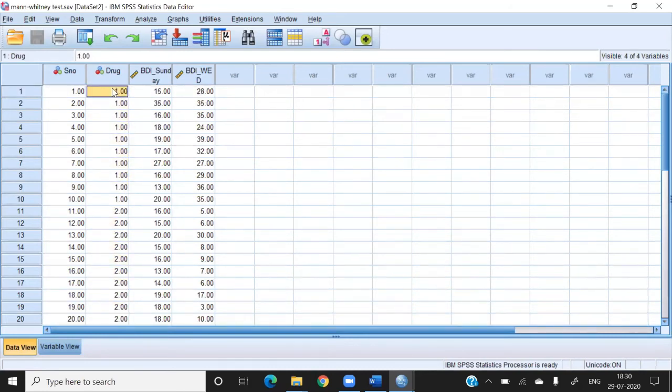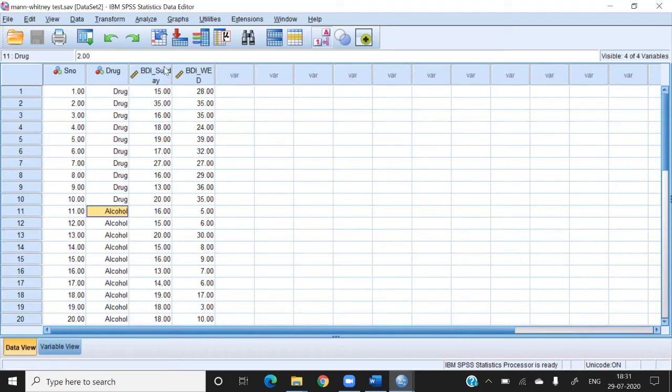Both the groups are independent, and all the people are suffering from tension. They have huge depression, so to remove the depression, the doctor gave a drug to the first group of patients, and alcohol to the second group, to reduce the depression.